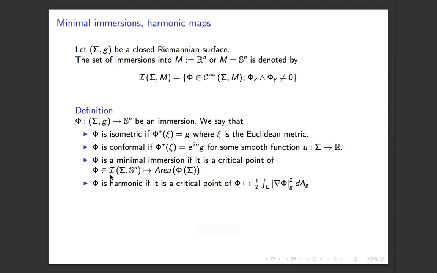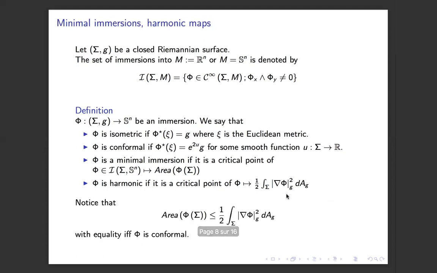And we say that it is harmonic if it is a critical point of the Dirichlet energy. We often prefer to focus on the Dirichlet energy because it's more convenient for variational problems. And we have this inequality, which is very simple to prove, with equality if and only